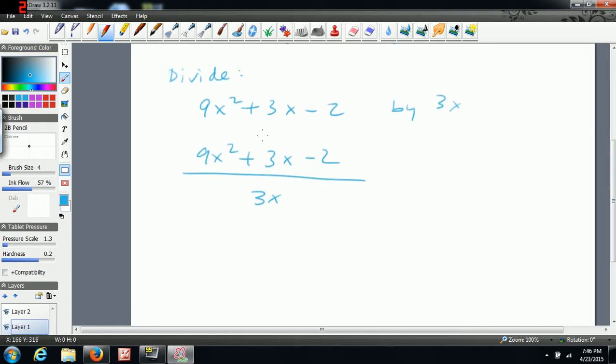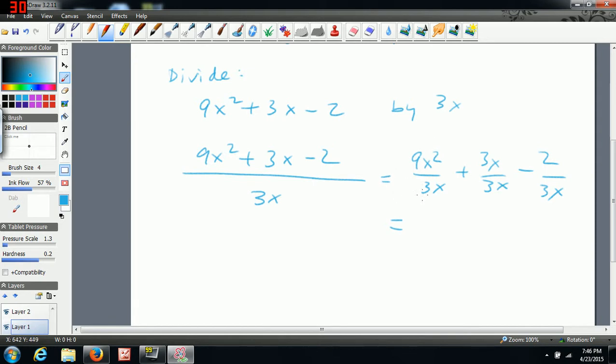So what you actually have to do is divide each one of these by the 3x. So you're going to divide 9x squared by 3x, and then 3x by 3x, and then 2 by 3x. Okay? So when you do that,